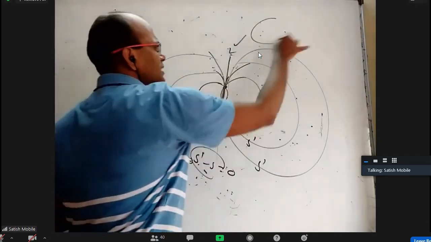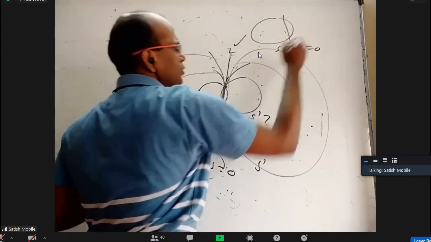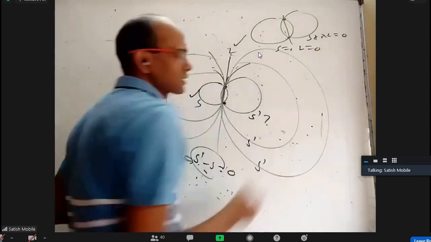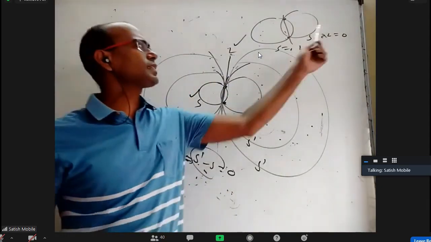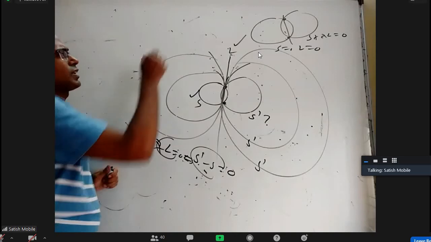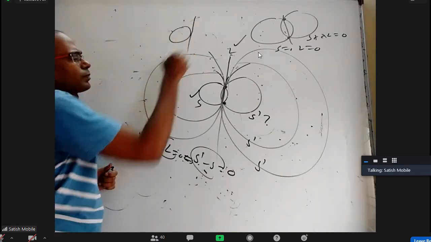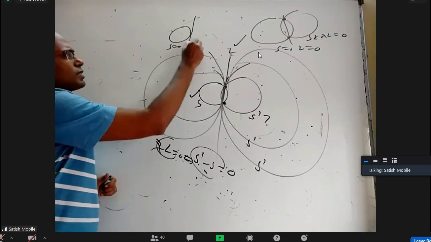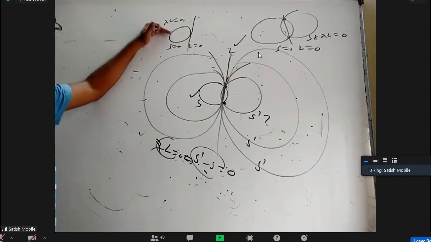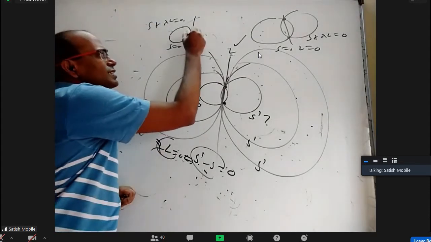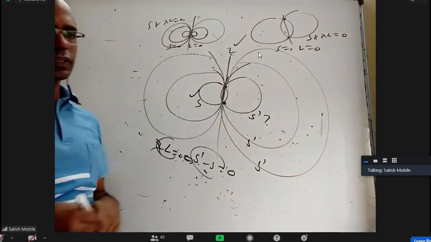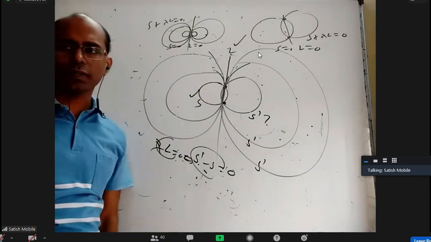So whenever a circle S is there, and whenever there is a line L equal to 0, any other circle passing through these 2 points will be in the form of S plus lambda L equal to 0, for the simple reason that when you subtract these two, you are getting the same radical axis. Not only for intersecting, even for touching. Let us say I have one circle and one line. Again, if this is S equal to 0 and this is L equal to 0, S plus lambda L equal to 0, as you change lambda, take lambda equal to 2, 3, 5, you'll get different circles touching this circle at this point. You'll get all those circles touching the given circle at the point of contact of the given line.